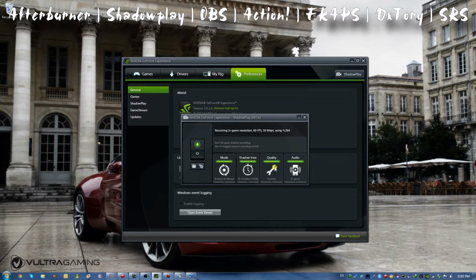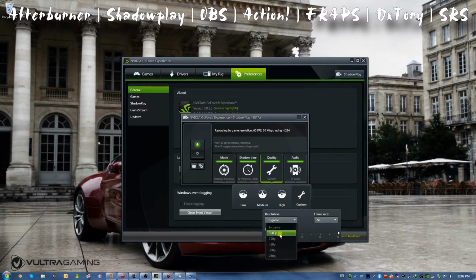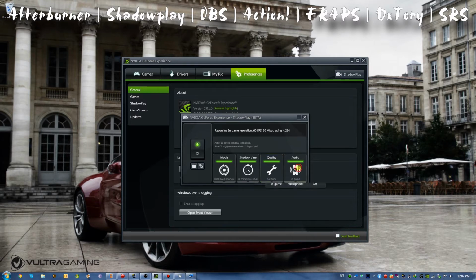Now, Shadowplay is in beta right now, but it has quite a few good things that you can customize. For example, you can customize the quality of it. You can set the resolution, the frame rate, and the bit rate, which is quite important, and the audio that